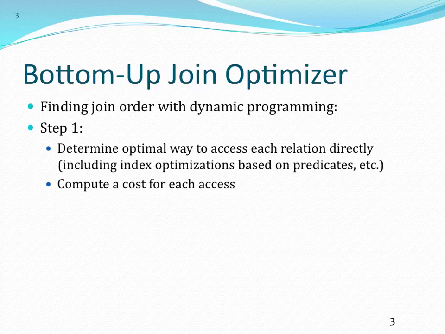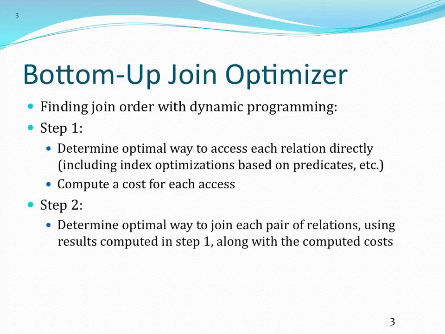So I look at table T, and I have a predicate that says T.A greater than 5. And I say, oh, I can apply that predicate when I do a file scan over that table. So I generate that little plan fragment, figure out how much it costs. T2, oh, I don't have any predicates for T2. I'll just do a file scan, and so forth. You do that. And then what you do is you make a second pass, and you figure out how to